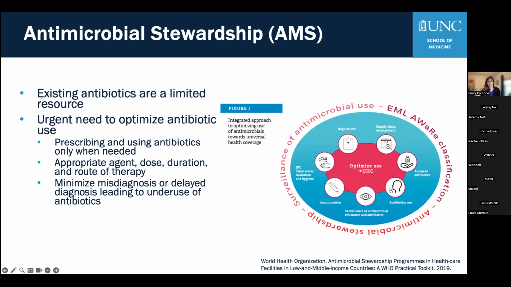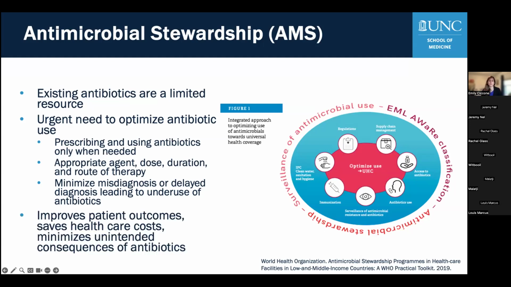The other two are infection prevention and control, and medicine and patient safety as well. So it's something that's recognized by national institute health organizations as a key component to the progress towards universal health coverage. There's lots of evidence to support that antimicrobial stewardship improves patient outcomes, saves healthcare costs, and minimizes the unintended consequences of antibiotics. And that is not just development of antimicrobial resistance, but also things like Clostridium difficile infection